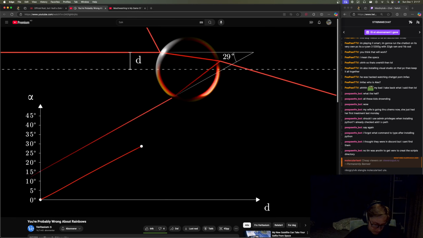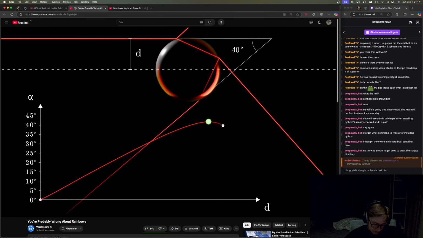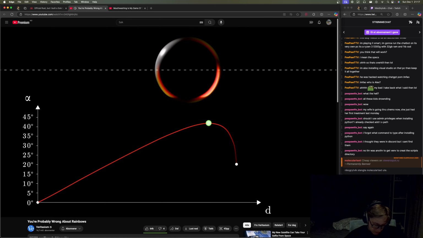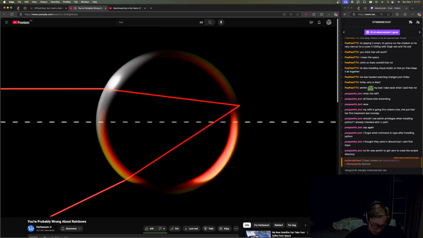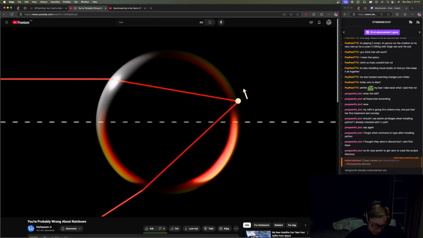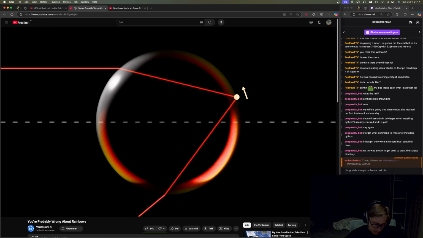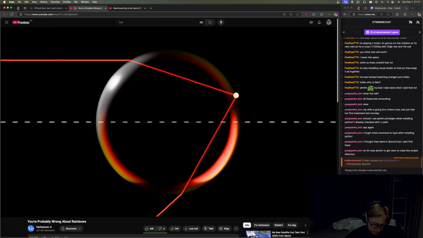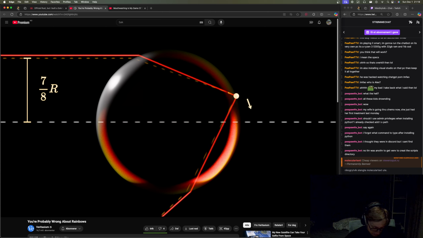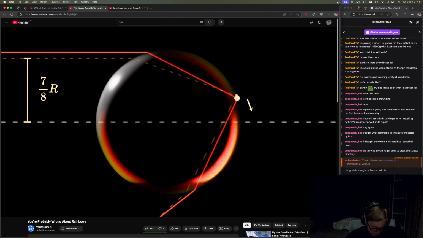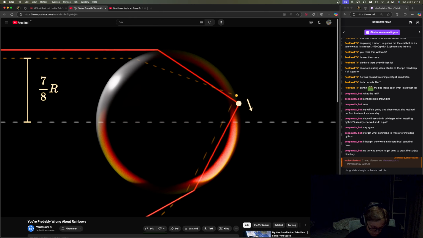Now, you might ask, why does this reflected ray reach a maximum angle and then turn around? Well, the answer is just geometry. As I move the laser up the sphere, although the ray refracts down, the point on the back of the sphere where it reflects continues to move up until you get to this special point, which is about 7/8 the radius of the sphere. And here, the angle of incidence is so steep that the refracted ray stops hitting the back higher and starts hitting it lower. That is why the reflection turns around, and therefore we get a max